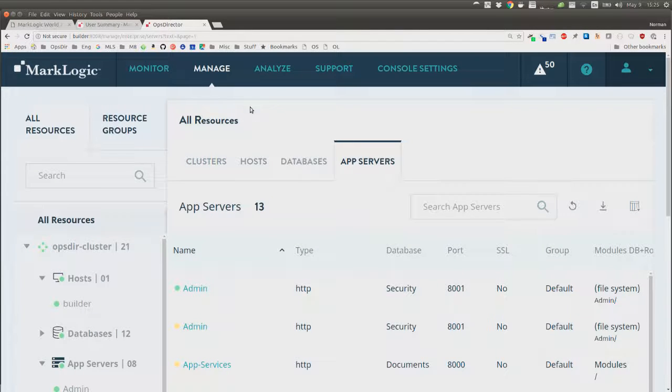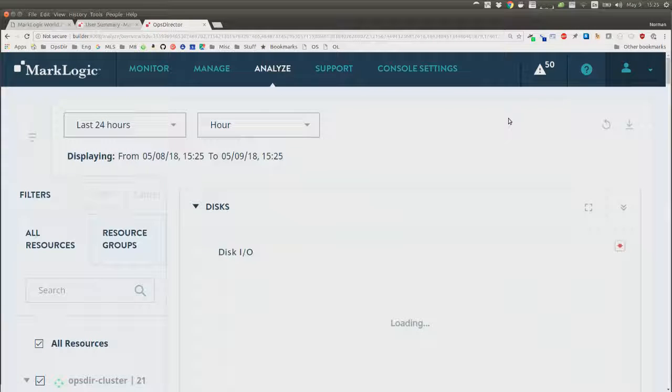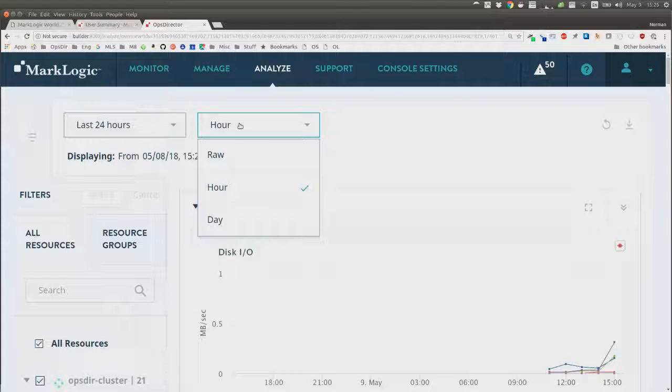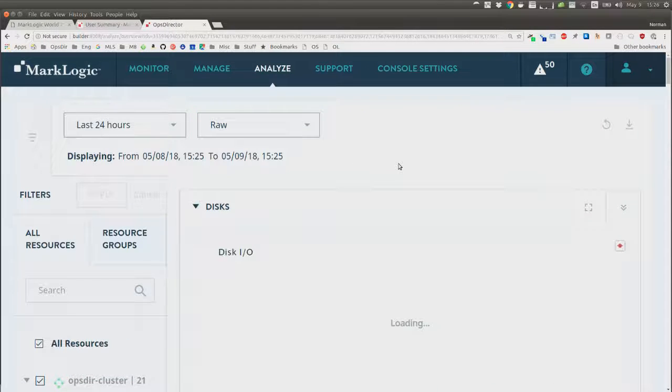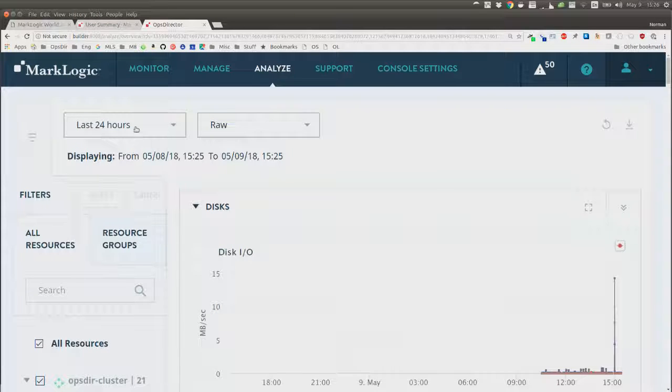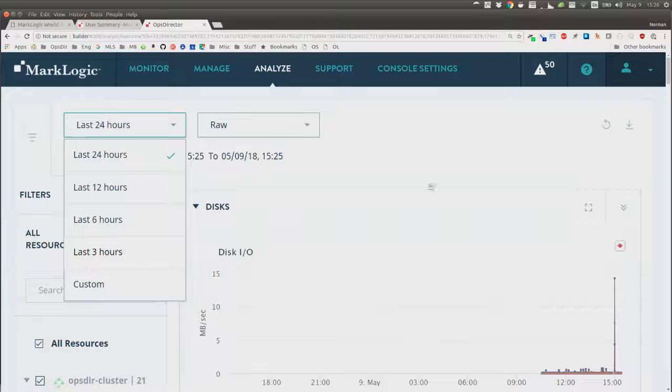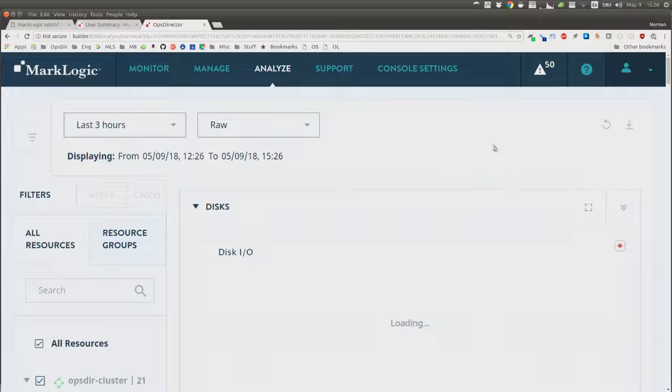On the next page over is the Analyze page. This is where I told you you could get basically monitoring history for your whole enterprise in one place. And you can decide what frequency of data that you would send to your Ops Director cluster, depending on how many nodes you have, how many clusters you have. For this demo, I'm using raw because that gives me more data. And I only started running the demo box this morning, so I'm going to pick 3 hours. And now we can see